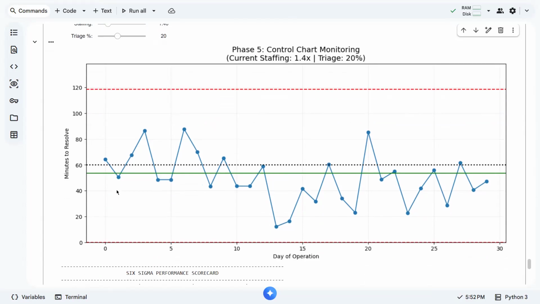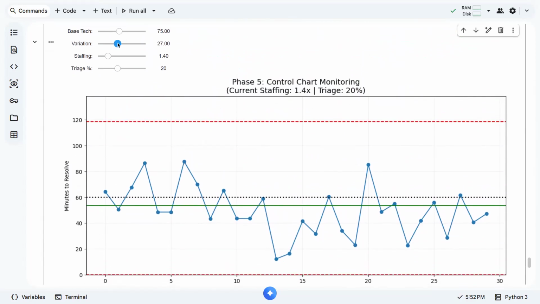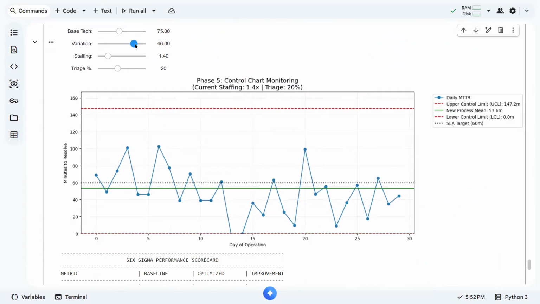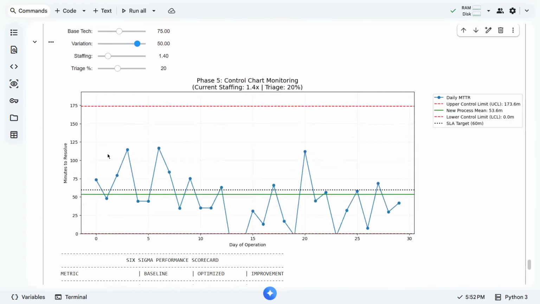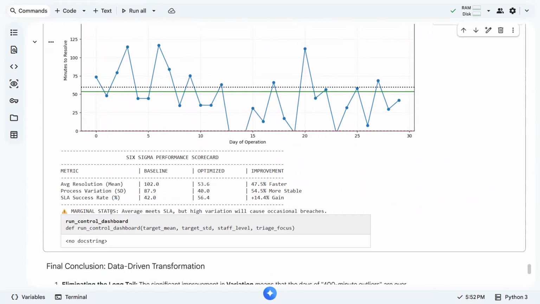All right. So let's say for some reason we had some variations. Unfortunately, we have 50 variation. As you can see, some of our data points have already exceeded our lower control limit, the red line. So we have marginal.